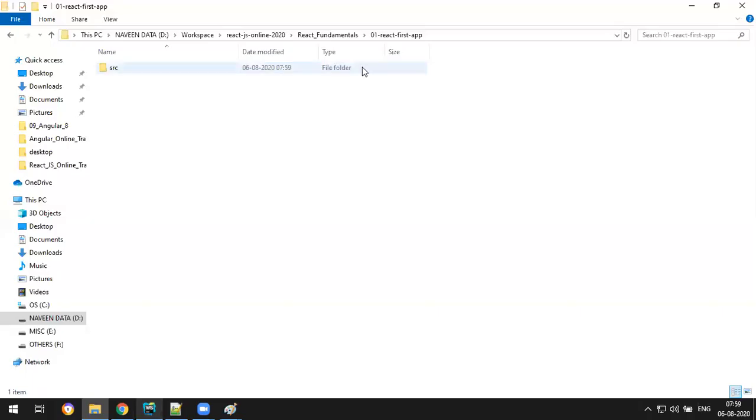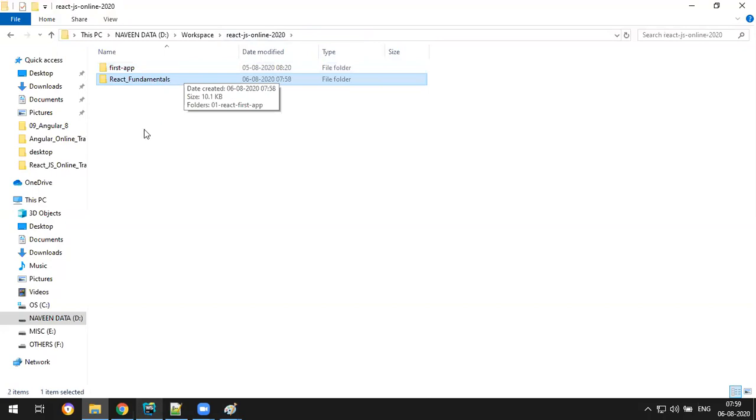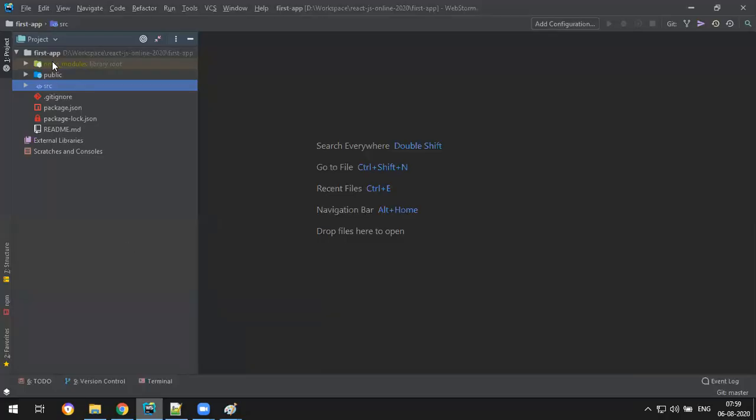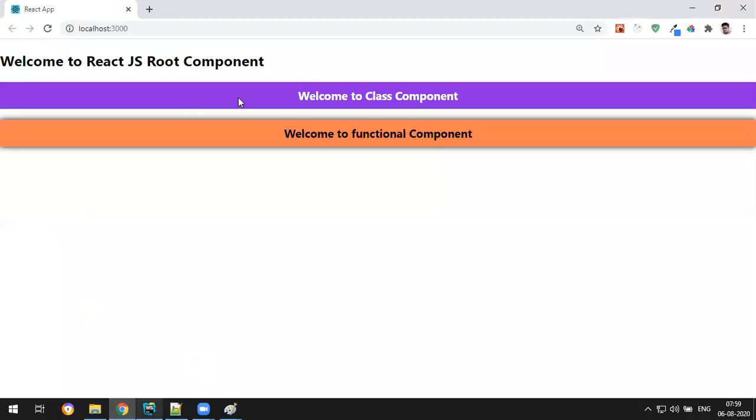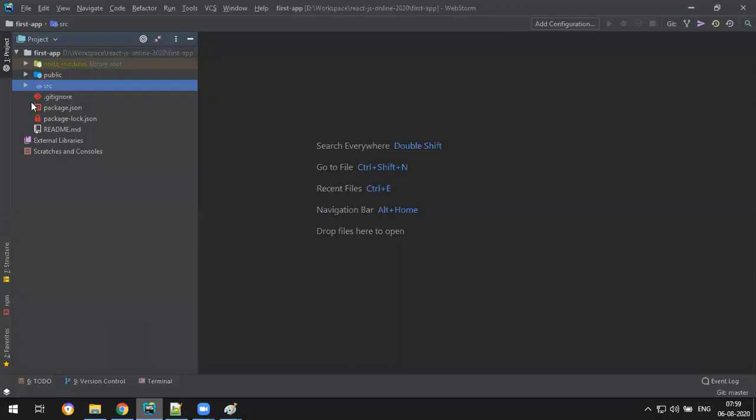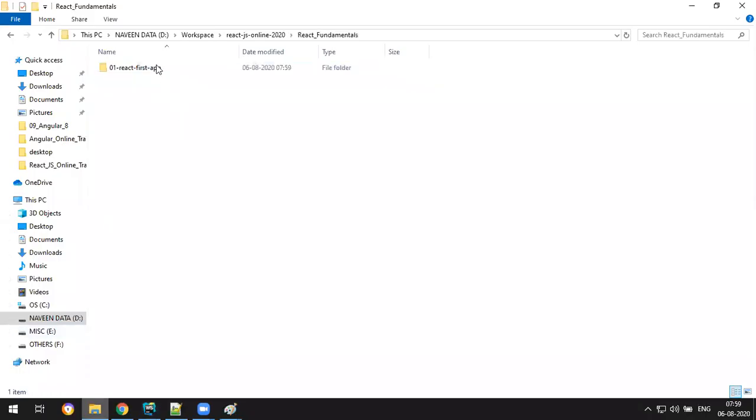Okay, why I have done this is because I'm going to share this source code. I'm not going to share the whole project because the whole project is around 200 MB. So just to make this a small example, why do you want a 200 MB file, not required. Actually, where you have done the changes is only in the src folder. So I'm going to share only that src folder.